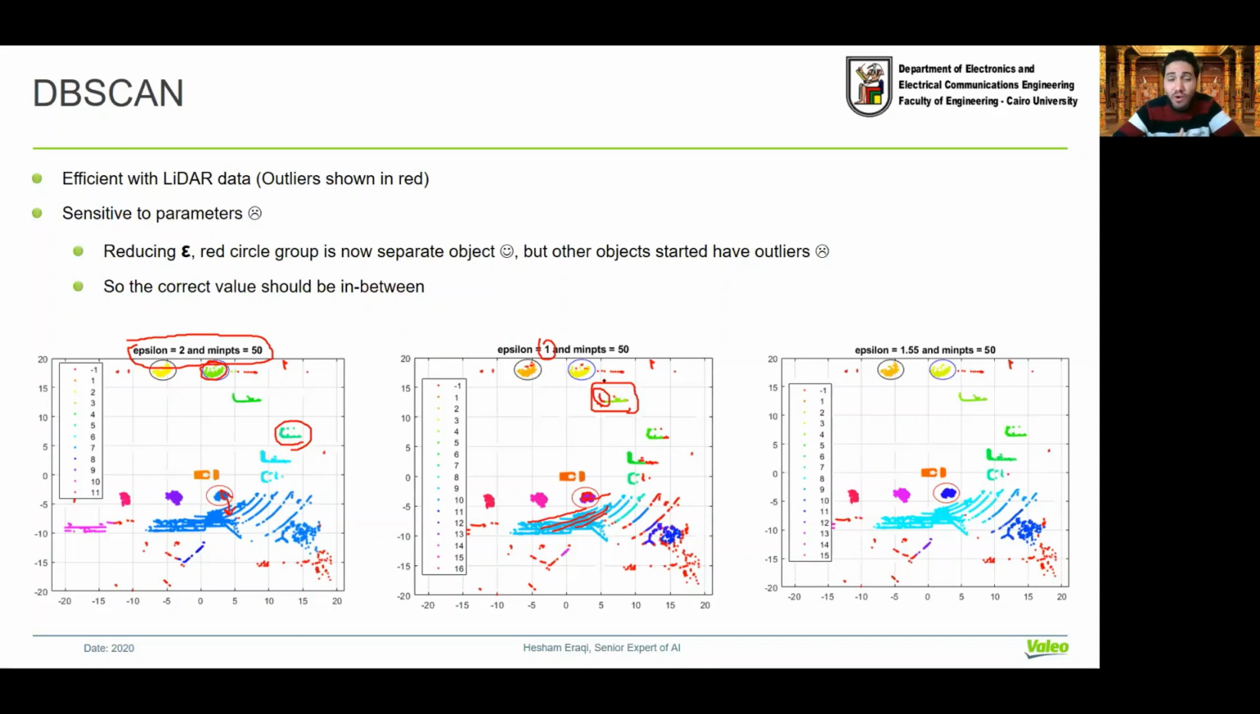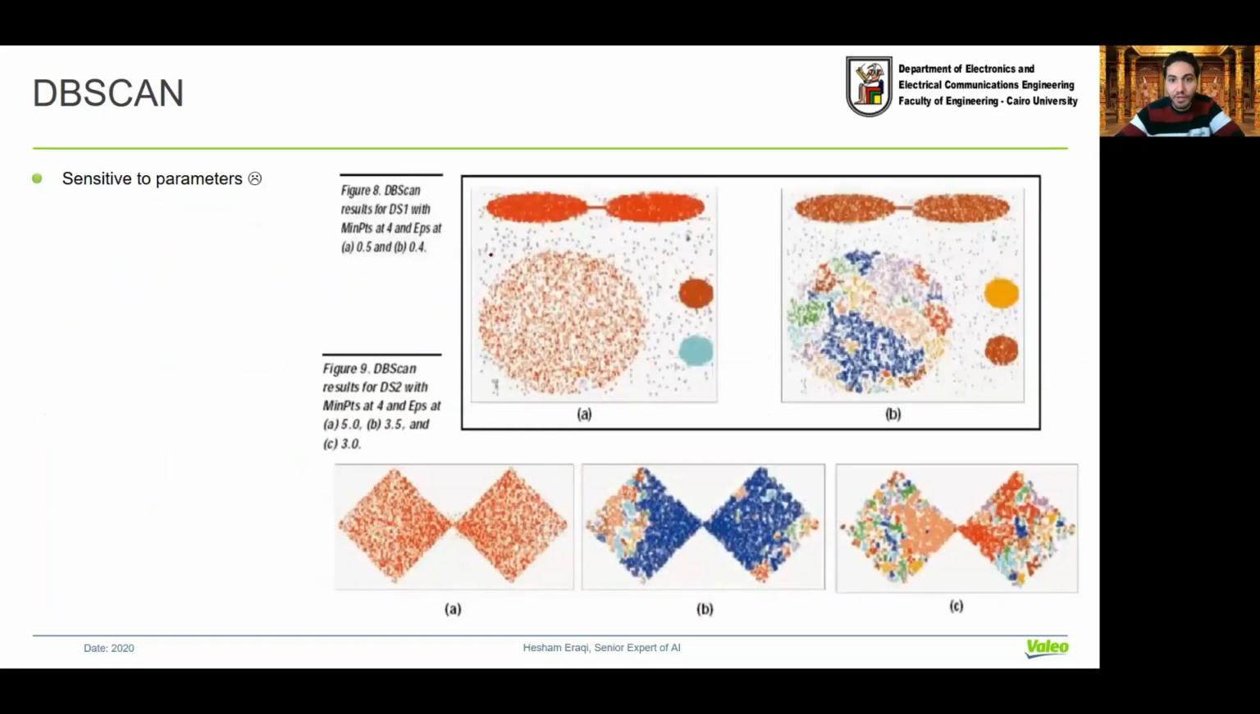Okay, this is a strong indication that the correct epsilon value is something in between. So an epsilon value between 1 and 2 should be better than both. Yes, and when we try epsilon equal 1.5, you find that it's doing good here and it's doing good here, and the vehicle here is still one object, one cluster. It is not split into several clusters. So this is a heuristic that might help you to determine the value of epsilon by trying different values until you settle on the right value. But anyway,